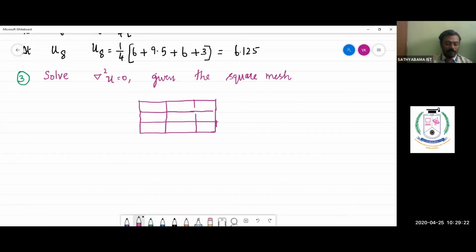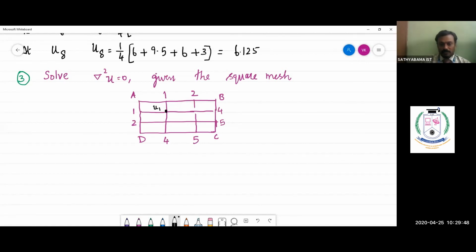The boundary values are 1, 2, 1, 2, 4, 5, 4, 5. And we are asked to find the mesh points